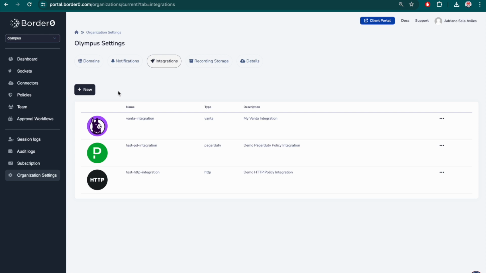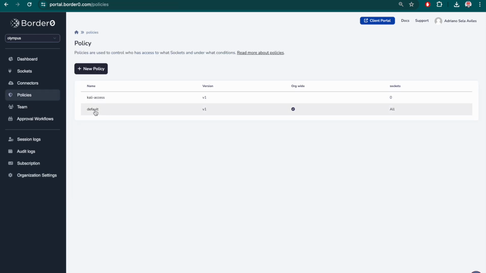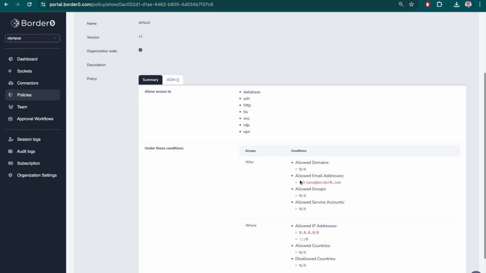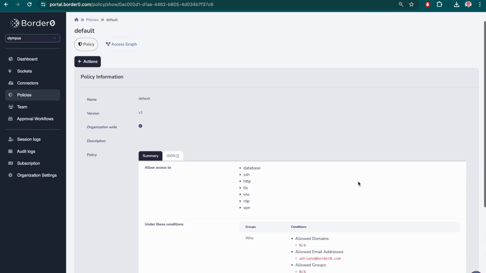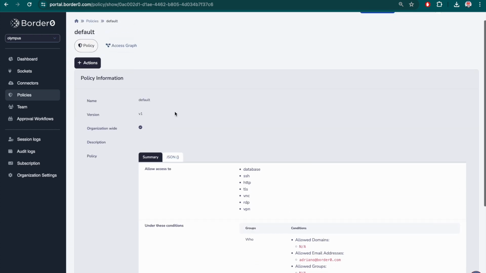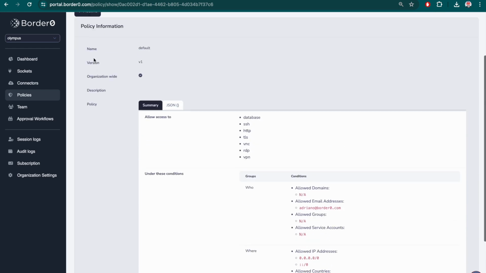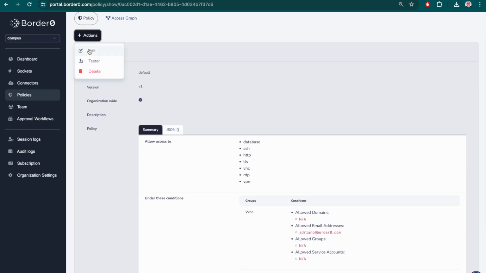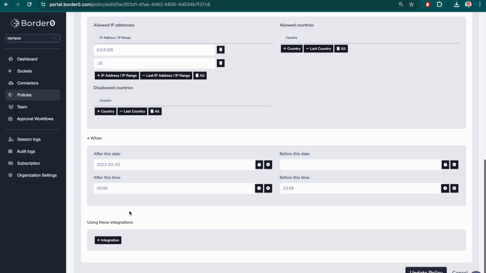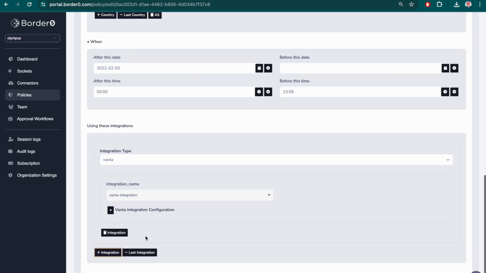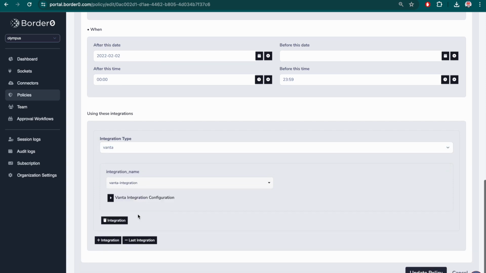The only thing that's left now is to make use of this new integration in our Border0 policies. So I have this default org-wide policy here, which grants my email access to whatever sockets this policy is attached to. And what we're going to do is we're going to click on Actions, Edit, scroll down, Add Integration. We're going to select Vanta from the integration type, choose the Vanta integration that we created previously, and then we